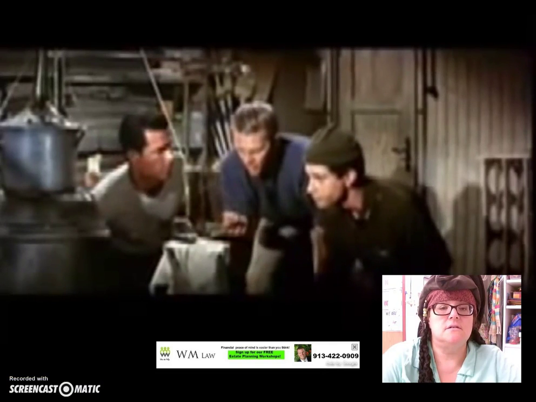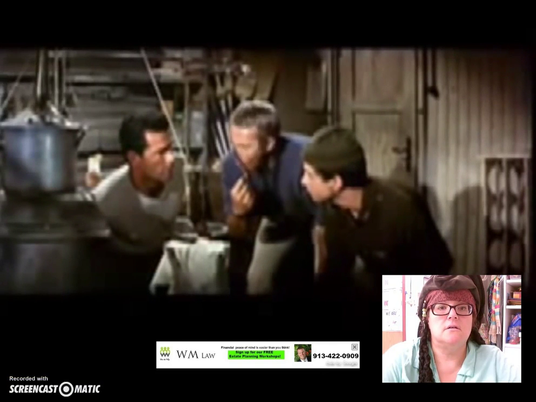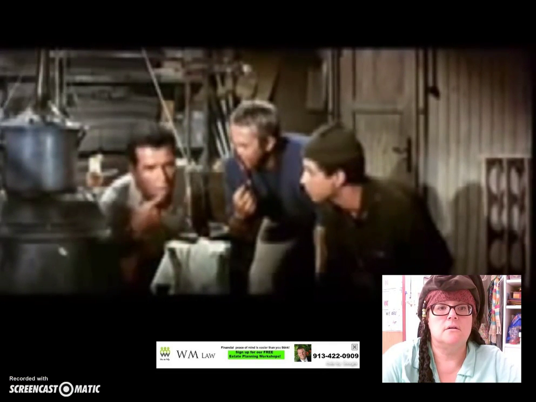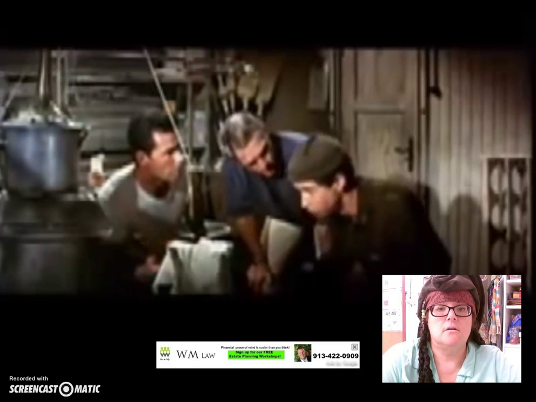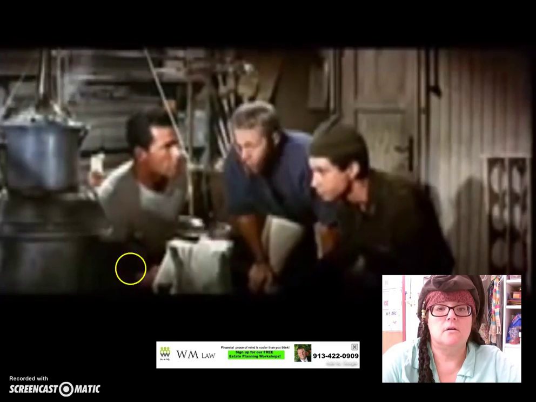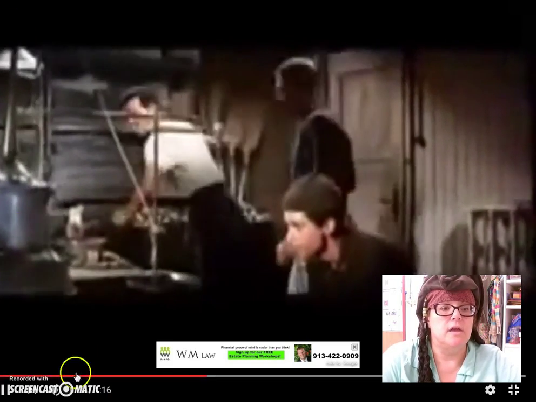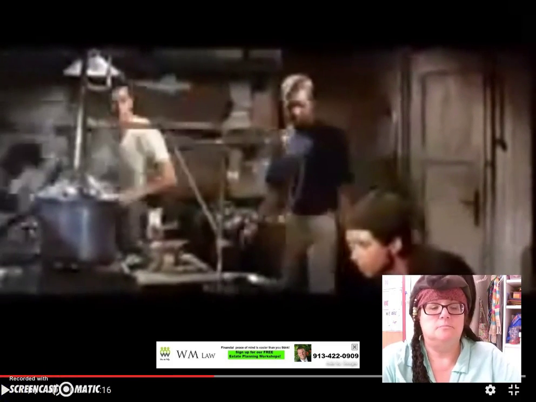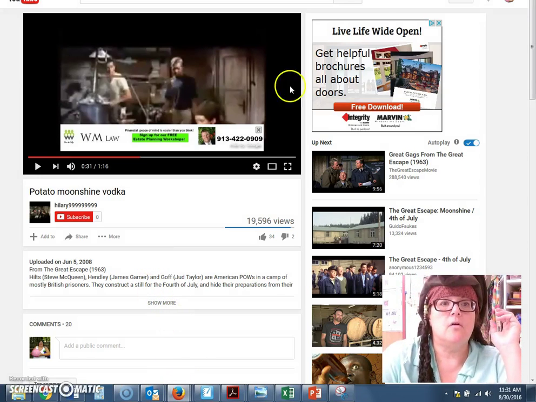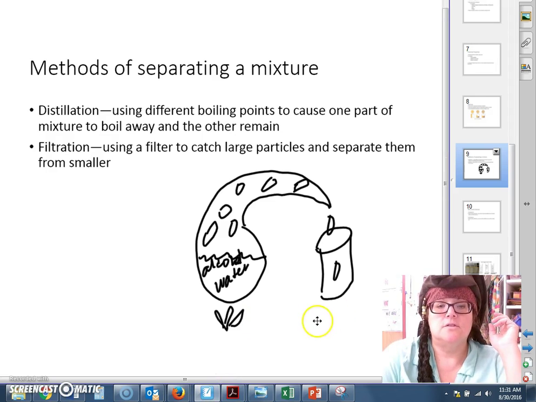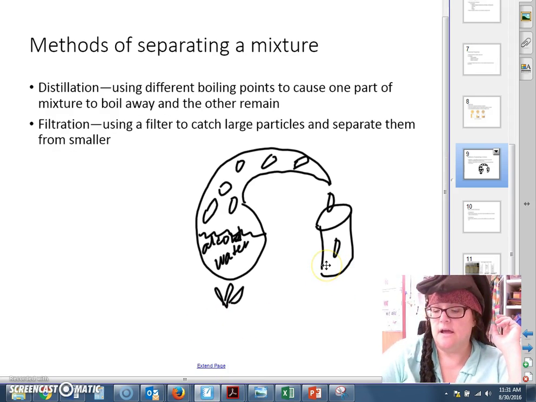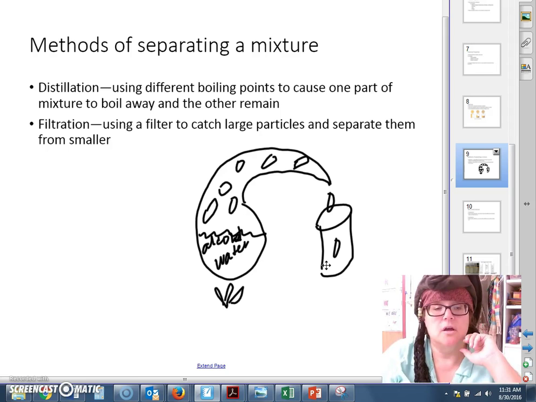Now they're going to taste it. And then they make it and give it to the whole camp. Alright. Make that go away. Go back to our... So that's a still, and they're collecting alcohol. If you've ever seen the TV show MASH, or the movie MASH, they were doing the same thing.